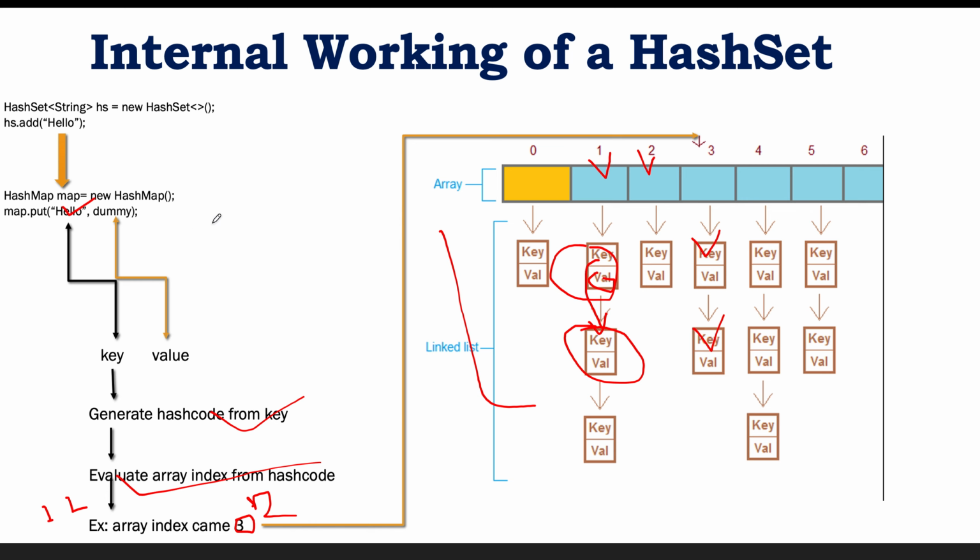So for hello, and if you insert any other element with the same characters in a different order, it is also going to get the same hash code. But those values are actually different, though the hash code is the same. So internally it is going to use the equals method also. In case of ambiguity, that is, in case of the same hash code, it is going to compare the value, and if the value is different, it is going to insert in linked list format. But if the value is also the same, it is not going to insert the value, because a hash map does not allow duplicate keys.